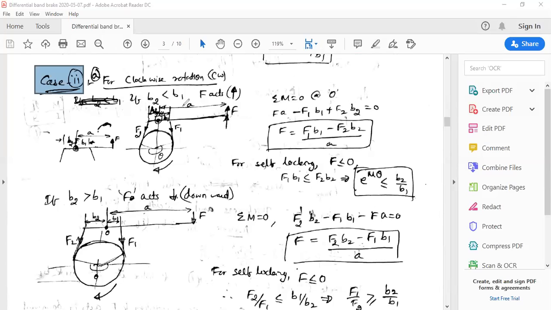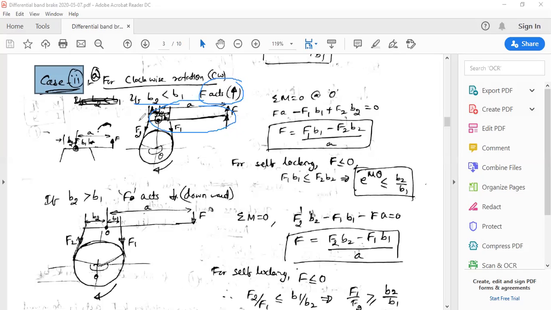So the lever of the drum is placed at the upper side, and again here also the same conditions that we have to consider. If b2 is less than b1, here the direction of force changes, because if you take the mirror image of the earlier sketches, if F was acting in the downward direction there, now it will be acting in the upward direction in this case. So b2 is less than b1, in that case F acts in the upward direction. But what was the case there? B2 is less than B1, F is downward.